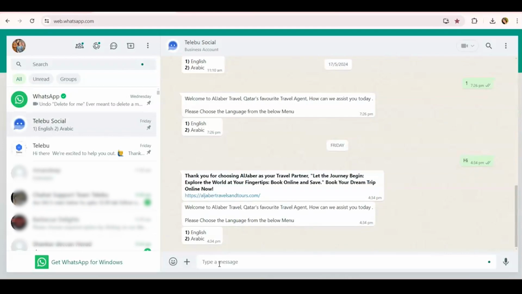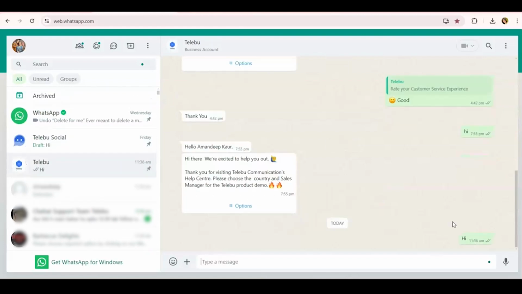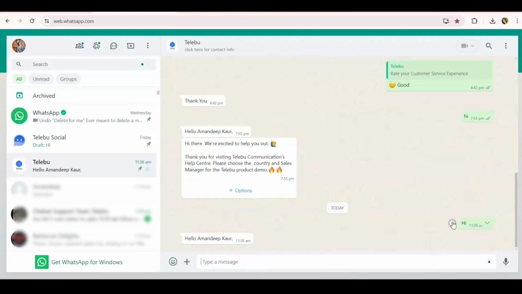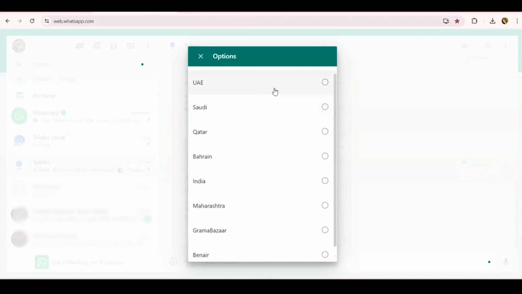So first we'll come to what we mean by a chatbot. A chatbot is an automated message that you can set for your business on WhatsApp, Instagram, Facebook, etc. For example, this is our internal number. If I write hi on this number, a chatbot will interact with me automatically. So there is no human interaction. Whatever we set in the backend, the bot will reply as per its behavior.